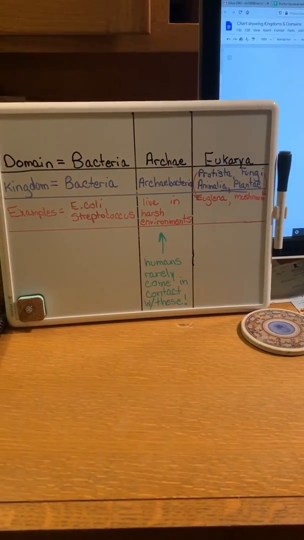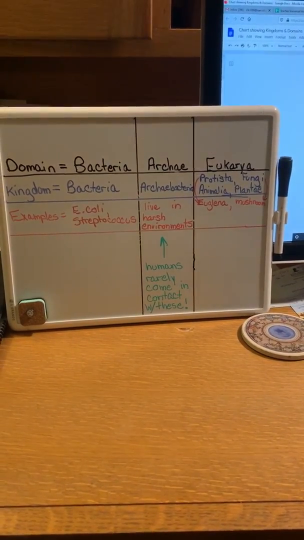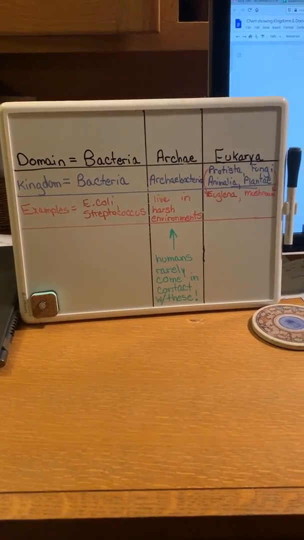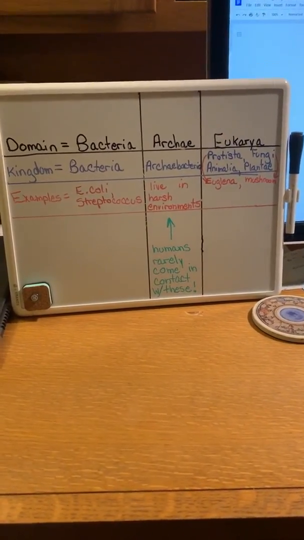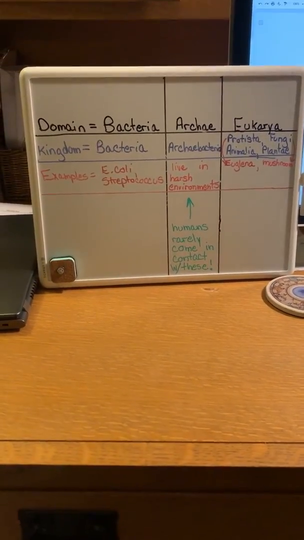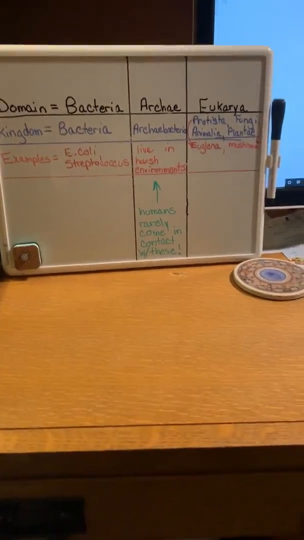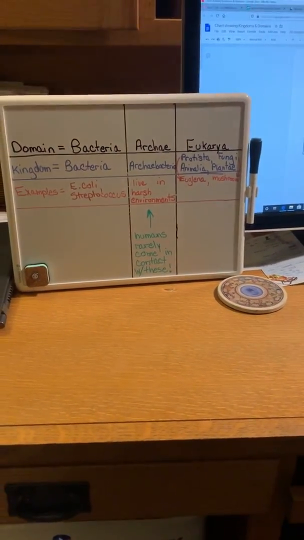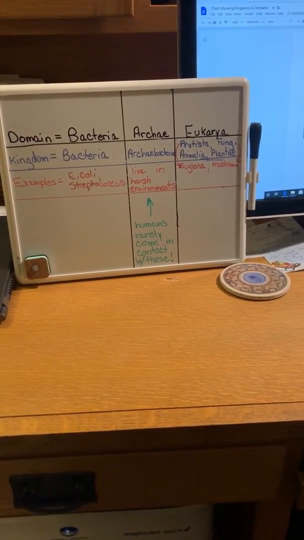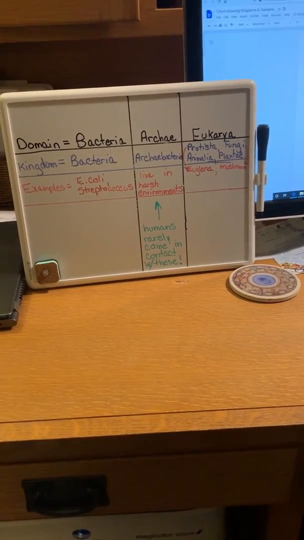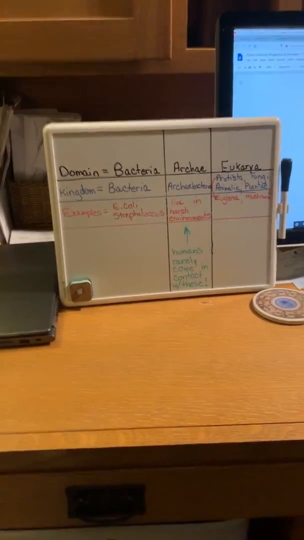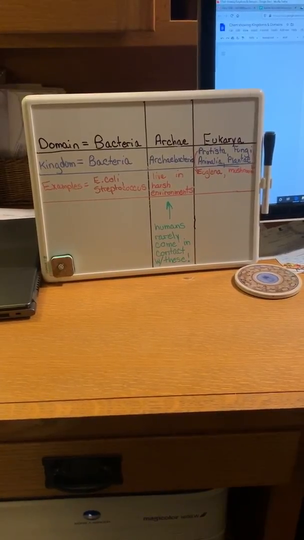The domain system splits all living things up into one of three giant categories. Those are called domains. And the names of those three domains are going to be bacteria, archaea, and eukarya. Each one of those domains is going to have a lot of different organisms that are a part of it. Those domains are going to be based on ribosomal RNA. So it's going to be looking at RNA that's found inside ribosomes of cells